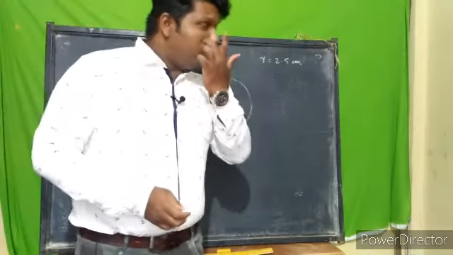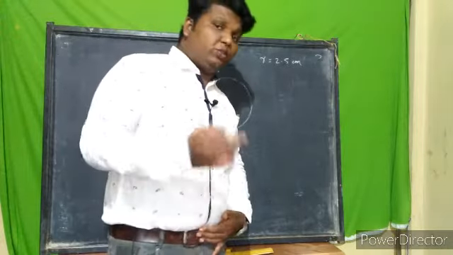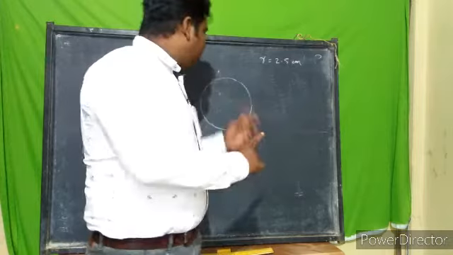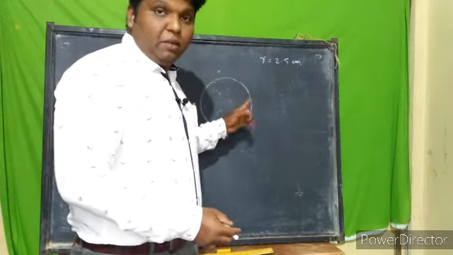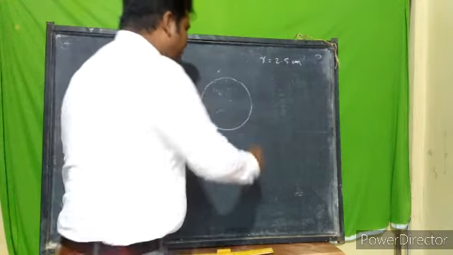Imagine that the question is about a radius that is given, or it may not be given. If it is not given, you can choose any radius. But here just imagine that it is given as 3 centimeter. I took a 3 centimeter radius in my compass, and using that I made a center. I made a circle. But inside this one I did not note the center, right? Simply take a point P anywhere.